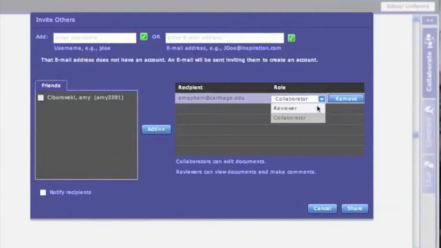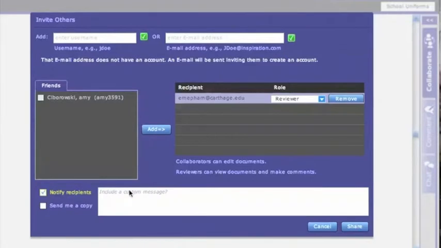Their role as a reviewer if you do not want them to edit your page. And you can remove them at any point of time. Also, these are your friends, so you can add them into your recipient part. And the one thing that you must do is you must click the notify button in order for them to